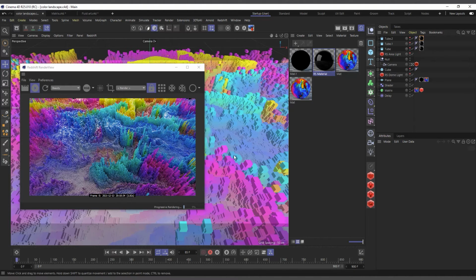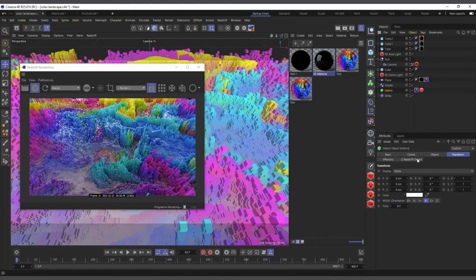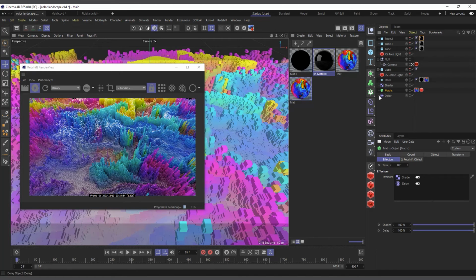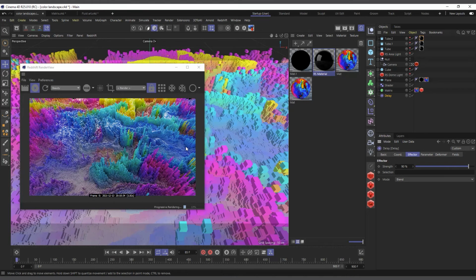And this one has a bit of animation going on, and because it's animated and not controlled, it can be a bit poppy, the contrast can be moving fast and jittery. So I added a bit of delay effector to the matrix object. If I come to the effectors, you can see I added a delay effector, and I increased it so that it sort of smooths the animation, so it doesn't pop back and forth like that. It gives it a little bit of smoothness.